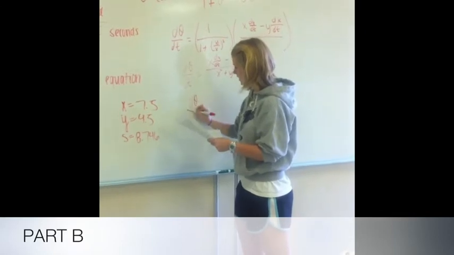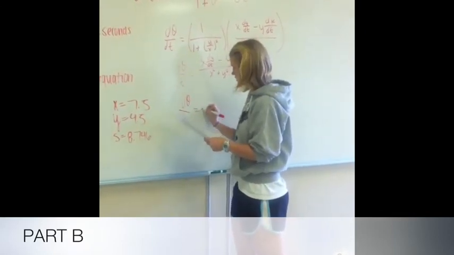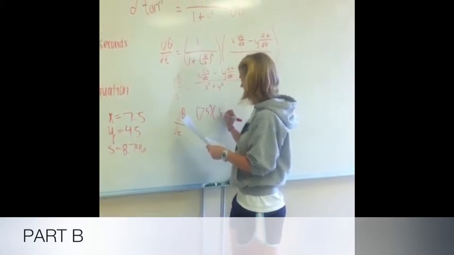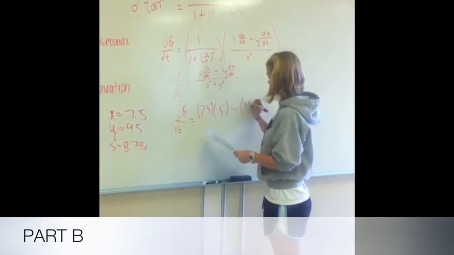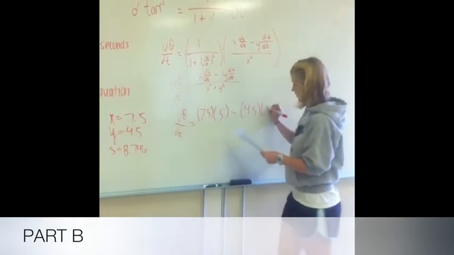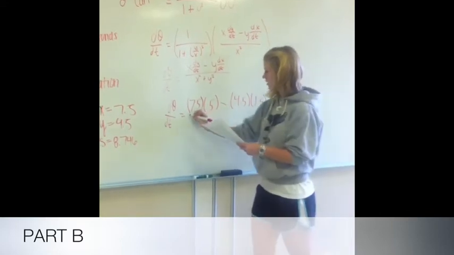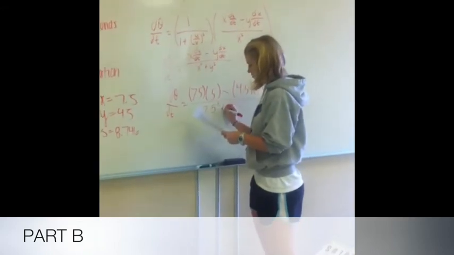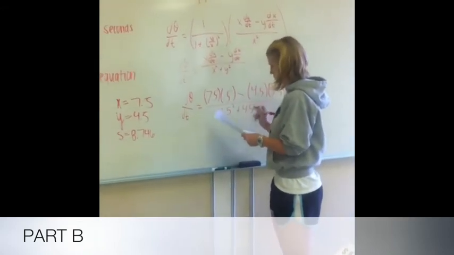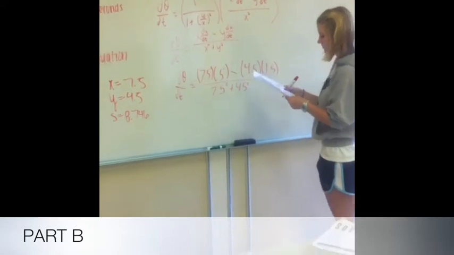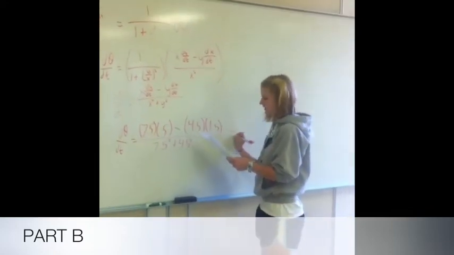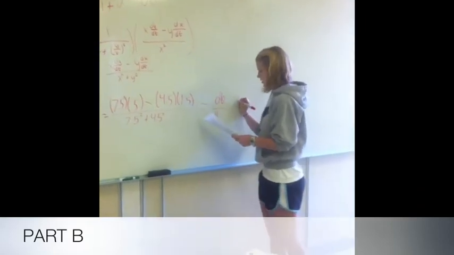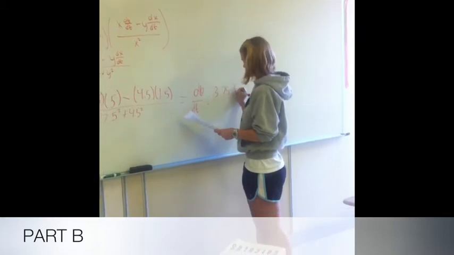And d theta/dt is equal to 7.5 times 0.5 minus 4.5 times 1.5, all over 7.5 squared plus 4.5 squared. And then simplify it. d theta/dt is equal to 3.75 minus 6.75